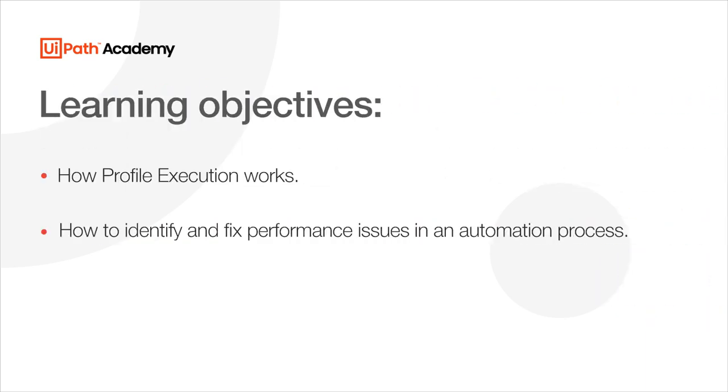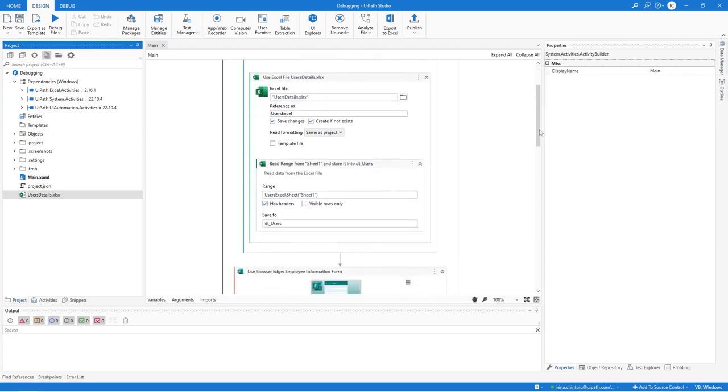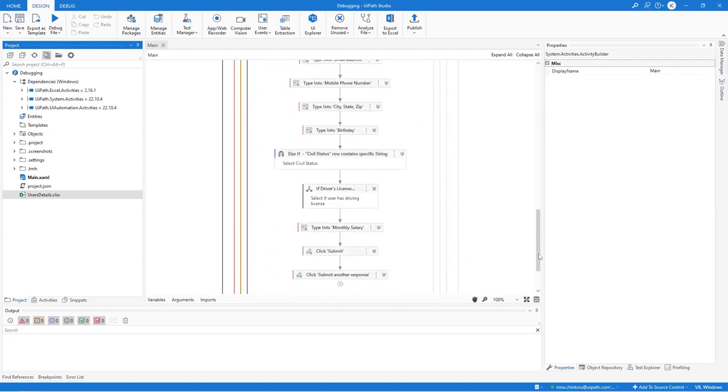This video will uncover how profile execution works, how to identify and fix performance issues in an automation process. Let's begin with a quick overview. This feature enables us to increase the execution performance of our automation to optimal levels by profiling our workflows. It helps us to identify performance bottlenecks when we execute our workflows by capturing the execution time of each activity